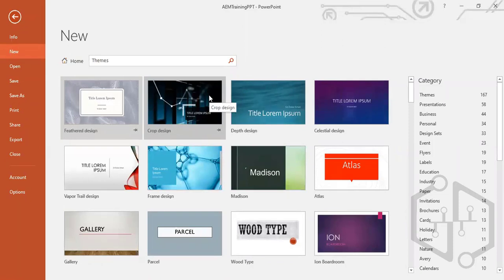So what is the purpose of templates in PowerPoint? The purpose is that you know you have to create 10 slides, basically 10 pages of this PowerPoint, and every page would have the same look and feel.